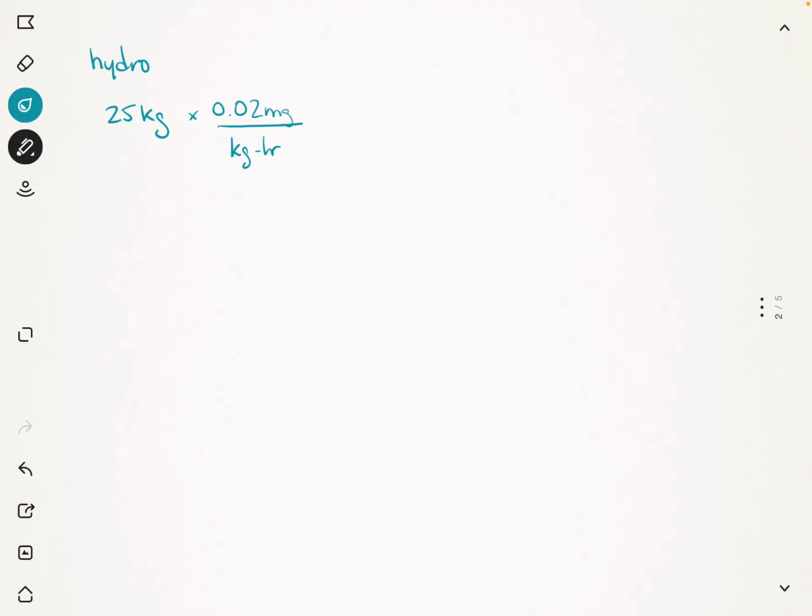And our drug, it was in 10 mg per ml strength, so we don't need a conversion factor. So 1 ml was 10 milligrams. Okay, crossing everything out, just going to give us our mils per hour